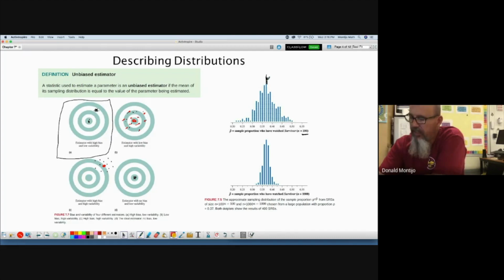So we would say that this sampling distribution, how do we describe it? Shape, center, spread. Well, if the true answer is 37, I would say there's low bias, because if I were to average all of these values together, it would hit the target around 37. Okay? Now, variability, well, it's pretty spread out. It went all the way from around 22% all the way up to 50%. So there was high variability, but low bias.